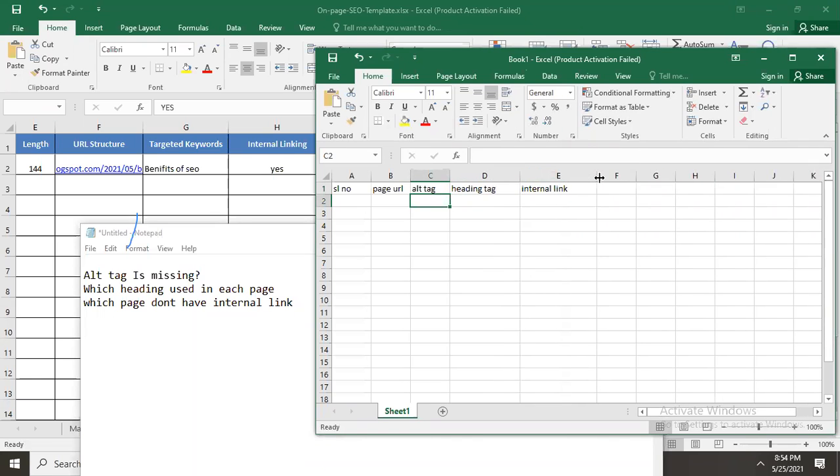You have to go manually through each and every page. If the alt tag is missing, note it. For heading tags, if I used H1 you write H1, and if I used H2 you write H2. If internal linking is not there, say no, and if it is there, say yes. This is one more extra activity for you.